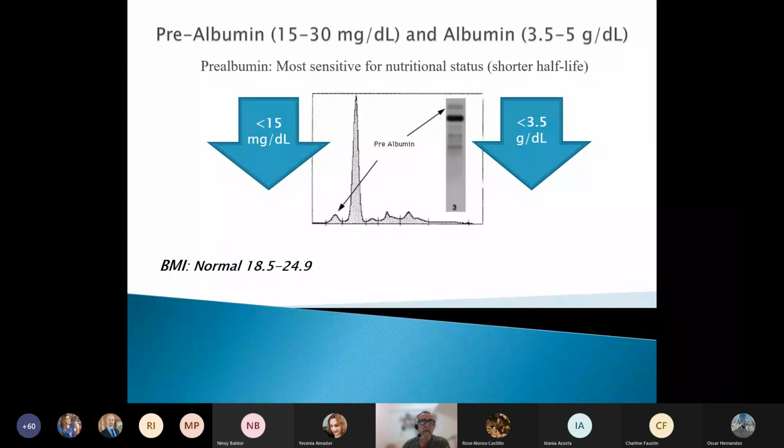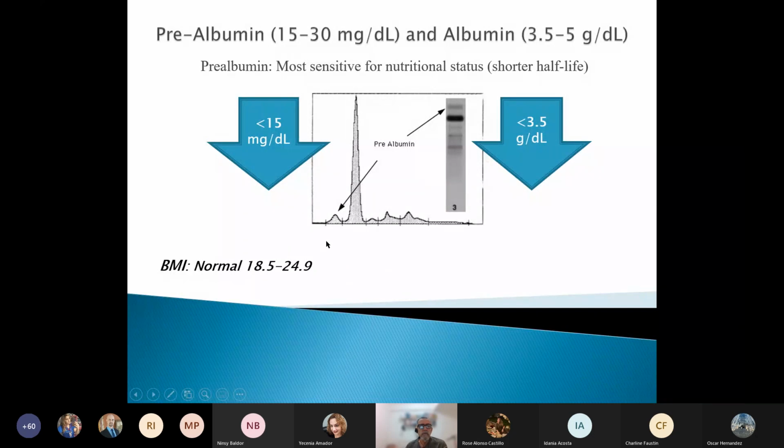Have that in mind. Yes, it's true that pre-albumin can be also being used, but I don't see that so frequent as albumin. But it's not going to harm to you to know that pre-albumin is something very similar to albumin, are related, is the same meaning, the same interpretation. The only thing that the normal values are different. Below 15 is significant malnutrition if they are using pre-albumin. And remember that pre-albumin has the advantage that reflects malnutrition sooner, no better, but sooner than the albumin. So since this moment until the person develops the malnutrition is going to drop first the pre-albumin than the albumin.